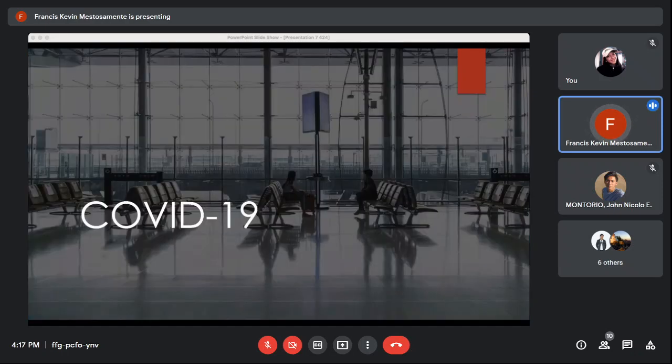Moving into our next slide. So one example of an emergency that we encountered in the industry today is, of course, COVID-19. So it is probably going to mark down the aviation industry as